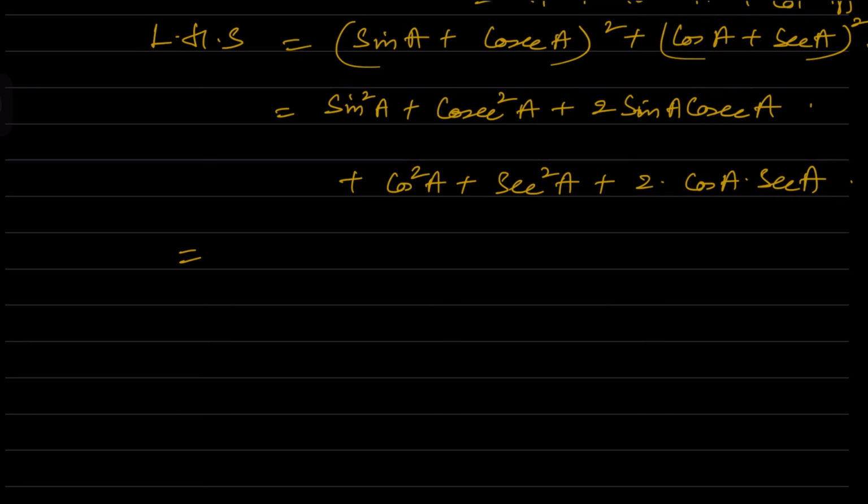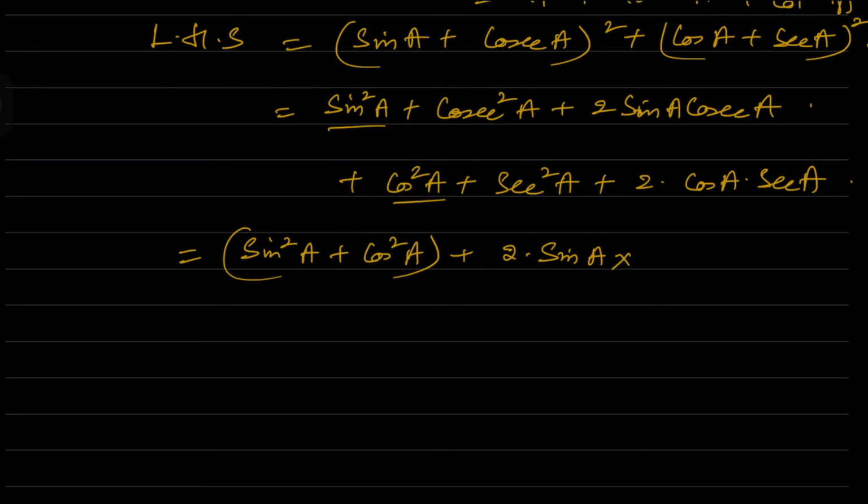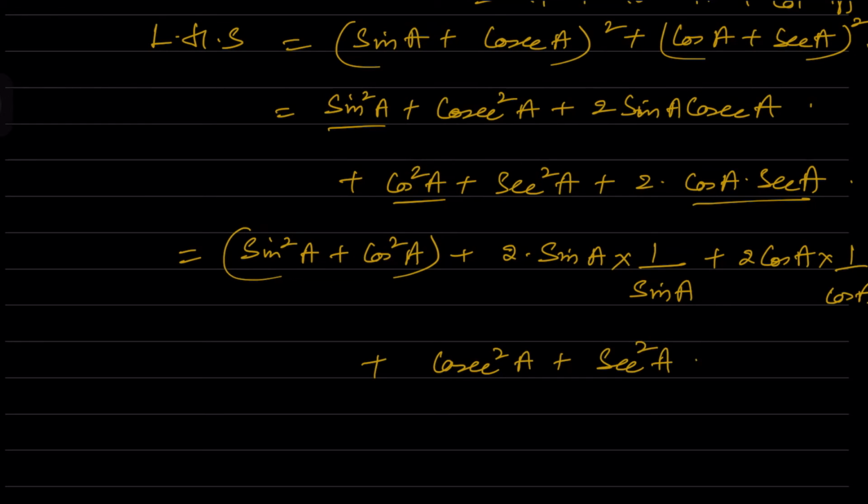So which is equal to, you can write this as sin square A plus cos square A, bringing these two terms together, and then bringing even the other two terms, plus 2 sin A cosecant A, I can write it as 1 by sin A, plus 2 cos A into 1 by cos A, plus cosecant square A plus secant square A. Now this is nothing but 1. So 1 plus 2